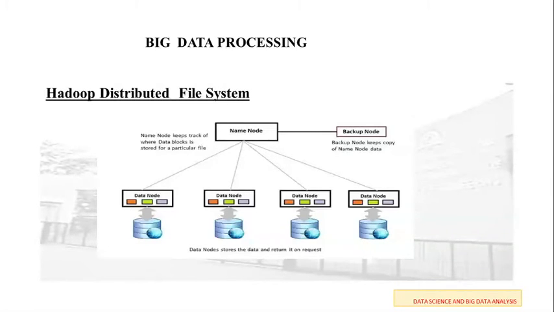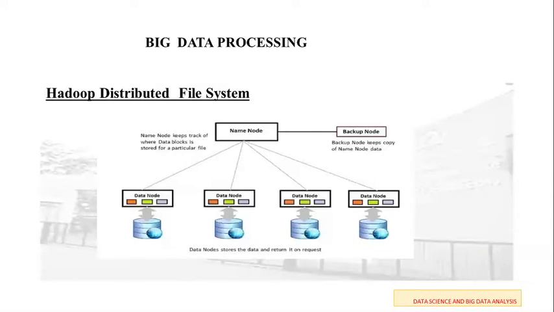HDFS is usually deployed on low cost commodity hardware where the possibility of failure is common. The file system is designed to be highly fault tolerant. HDFS facilitates the rapid transfer of data between the different computer nodes and enables the Hadoop system to proceed with its execution even if one or more nodes fail. That decreases the risk of catastrophic failure even in the event that numerous nodes fail.